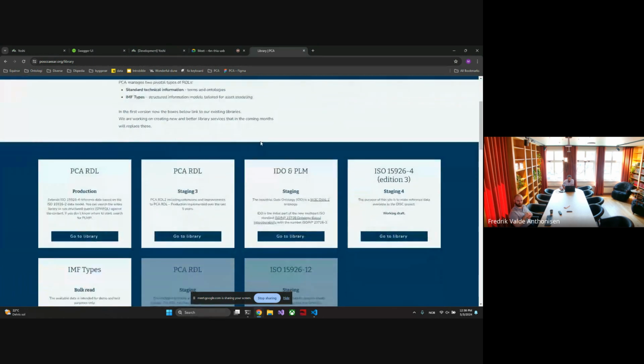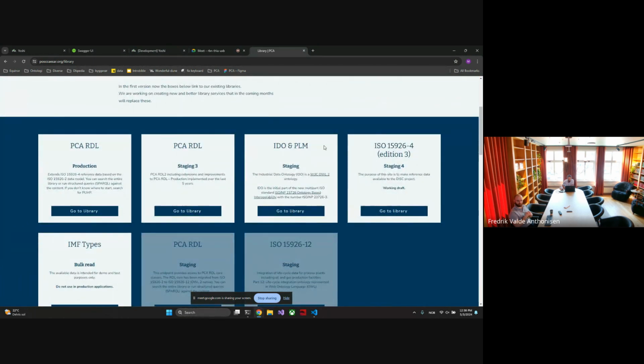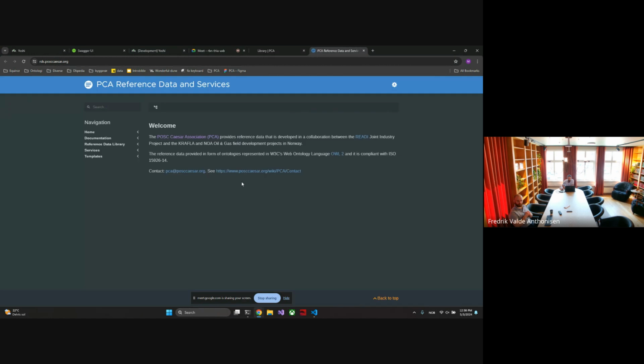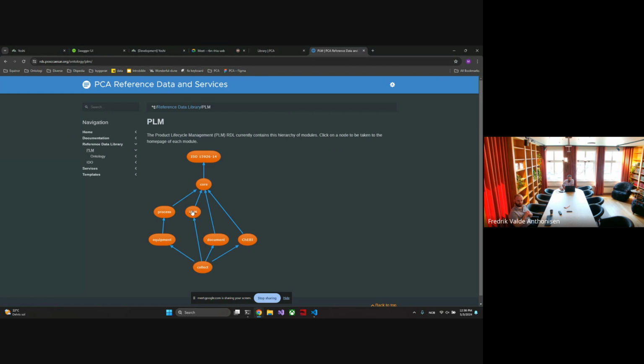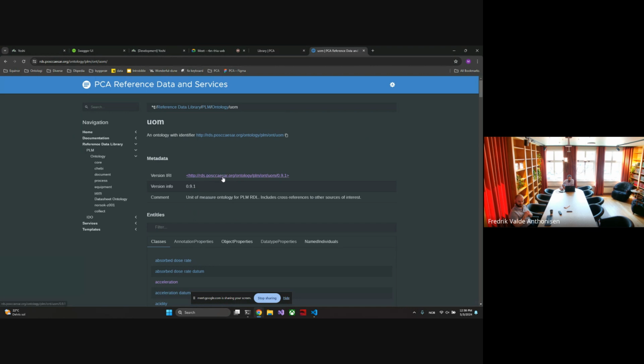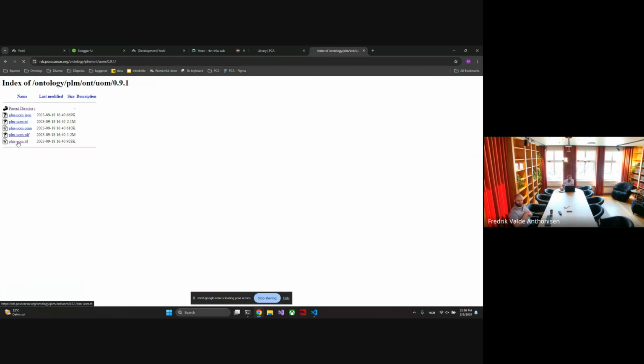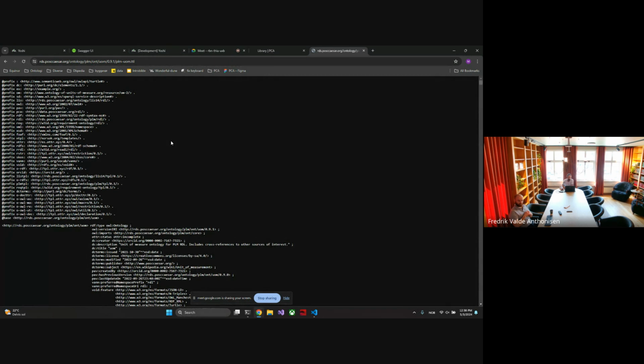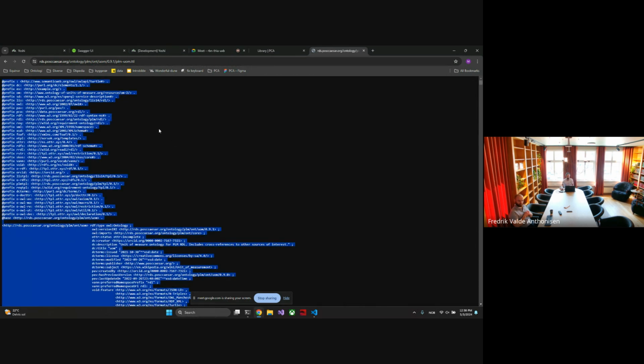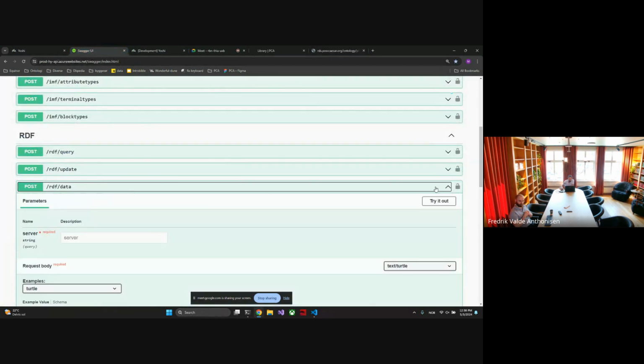So this is a library, and this is the PLM I would like to upload. Let's see here. I want to upload a unit of measure ontology. This is a turtle file representing this ontology. So when I'm uploading this, if everything now works together, I should be able to search in my